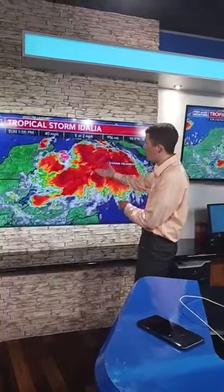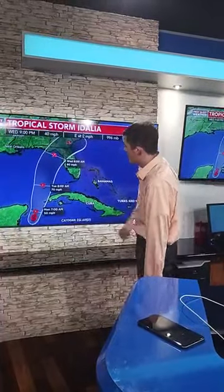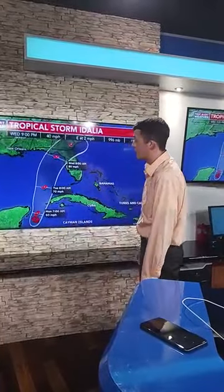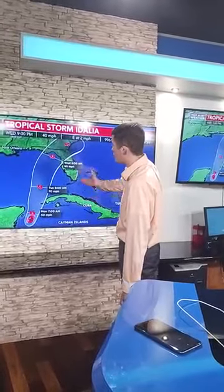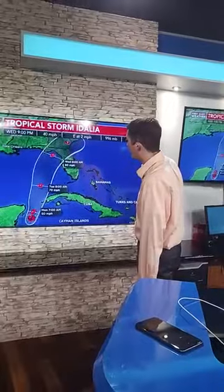And as we head into tomorrow morning and especially by tomorrow afternoon, we'll eventually see Idalia make a northward turn, making it through the Yucatan Channel and into the very rich and warm waters of the Gulf of Mexico. And once it does make it into the Gulf of Mexico, it is also likely to strengthen very quickly by Tuesday morning into a strong tropical storm, even reaching hurricane status before making some type of landfall along the western